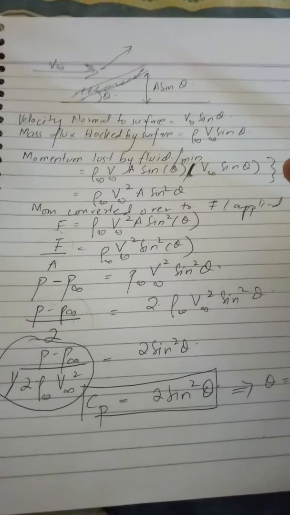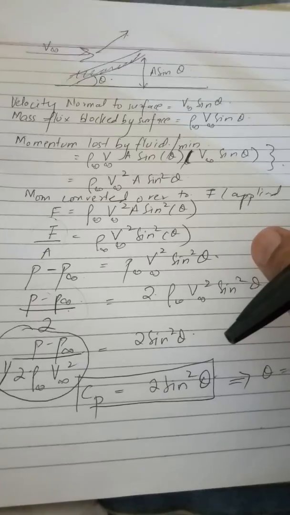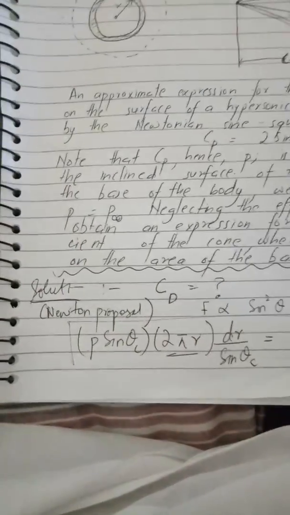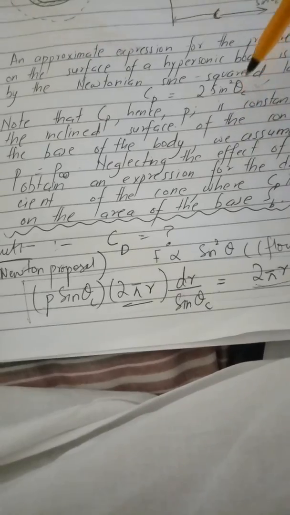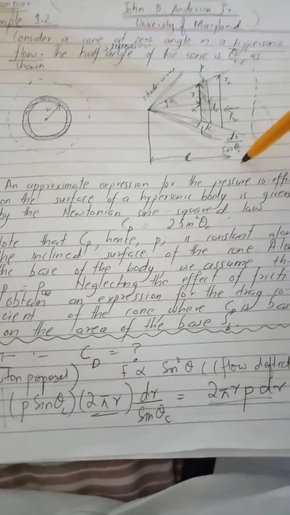So I hope I have helped you understand a bit of the numerical about the Newtonian sine square law, and also explained it with the help of a cone in hypersonic flow, and the full numerical has been explained. So this is all about this numerical. I have explained it first with Newton's proposal, which is